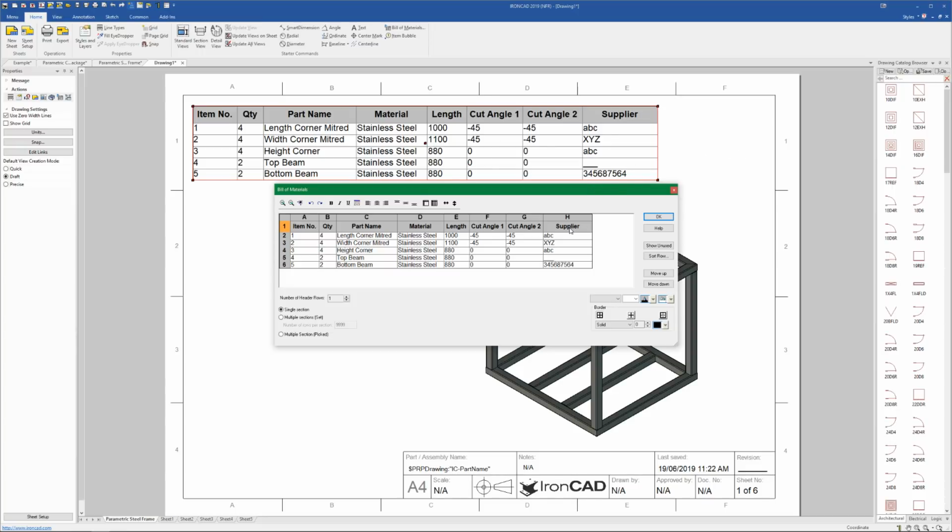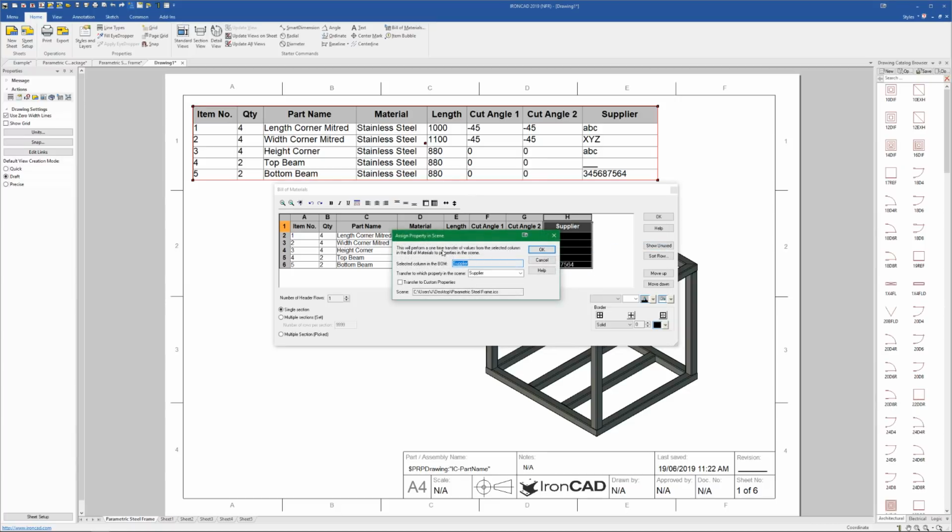It'd clear it. What you can do is you can right-click and you can select Assign Column Property Values. What this does is it performs a one-time transfer of those values over to the 3D scene. So this is basically you telling IronCAD that I'm confident with all these values I've put in here, and I want it to overwrite those values in the 3D scene. And so it'll transfer them to 3D scene from whatever column you choose. So you can see I want these to be transferred from the supplier column to also the supplier column. So we click OK,